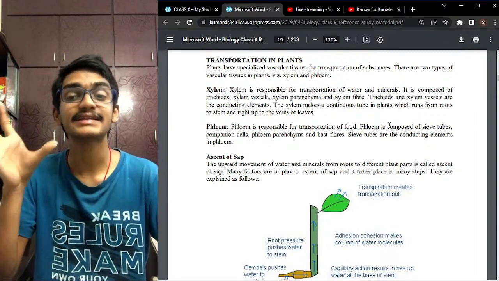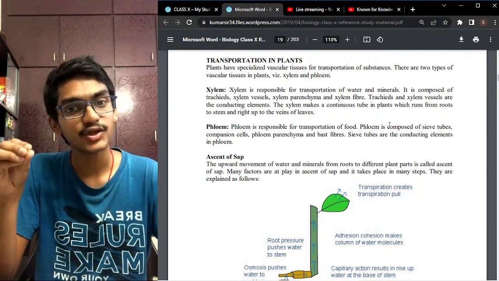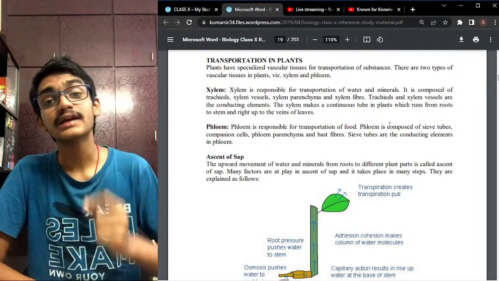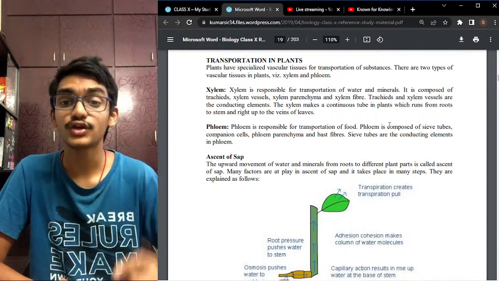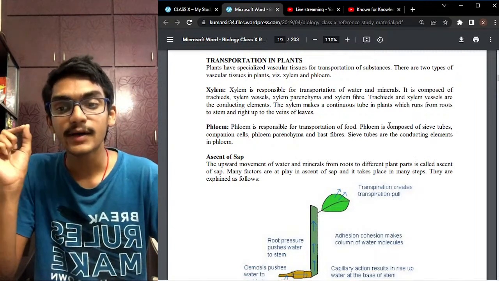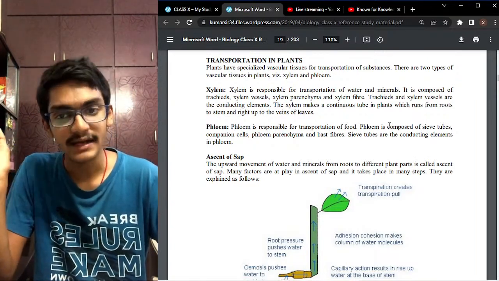So we are considering the xylem tissue as a dead tissue. Okay, so let us read out what is given here. Xylem tissue is mainly responsible for the transportation of water and minerals throughout the plant body. It is mainly composed of tracheids, vessels, parenchyma and